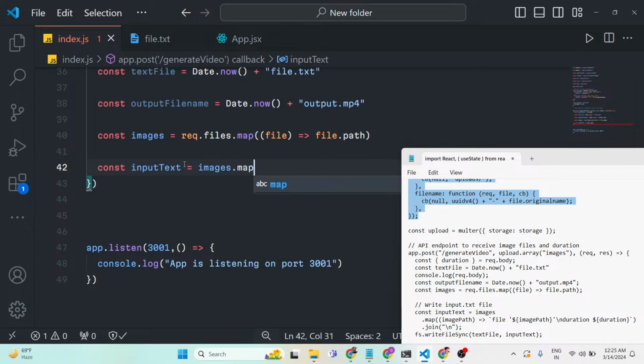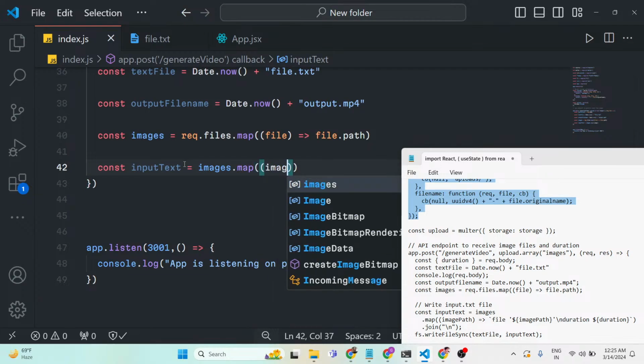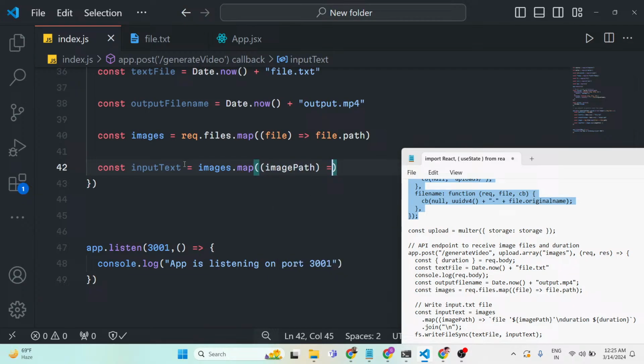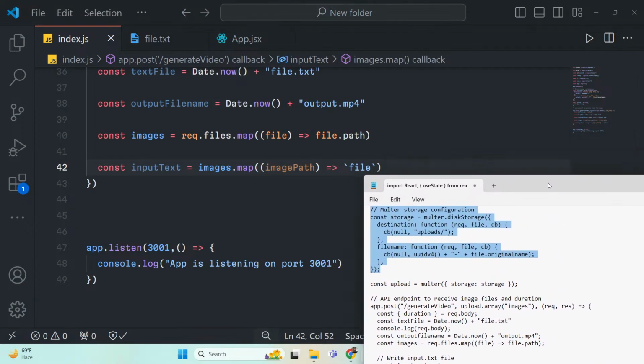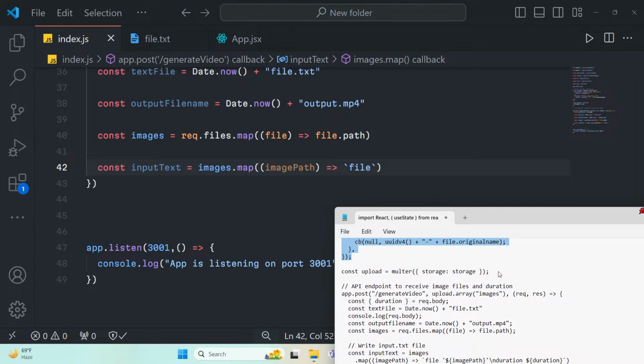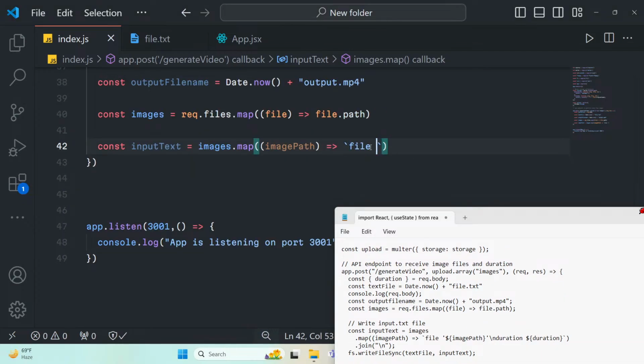images.map, and for each image path we will simply say file, and then followed by our image path, and then we need to say here, sorry, just close the single quotes right here. I think, yeah, it needs to be in single quotes, and then we will have a new line character,